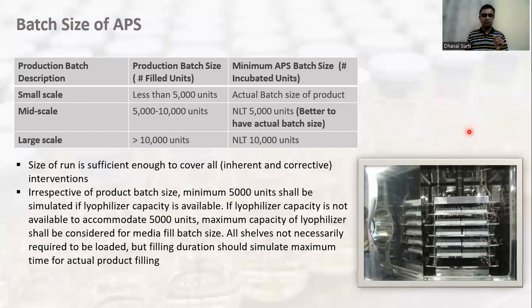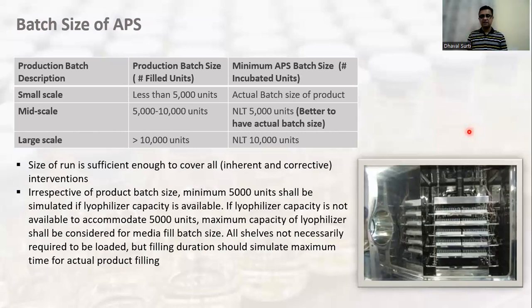Or irrespective of product batch size, minimum 5,000 units shall be simulated if the lyophilizer capacity is available. So if your lyophilizer is 5,000 vials, then you have to simulate 5,000 vials. If lyophilizer capacity is not available to accommodate 5,000 units, maximum capacity of the lyophilizer shall be considered for the media fill batch size. All shelves not necessarily required to be loaded, but filling duration should simulate maximum time for